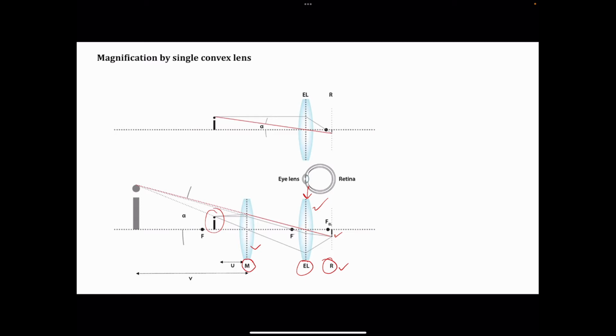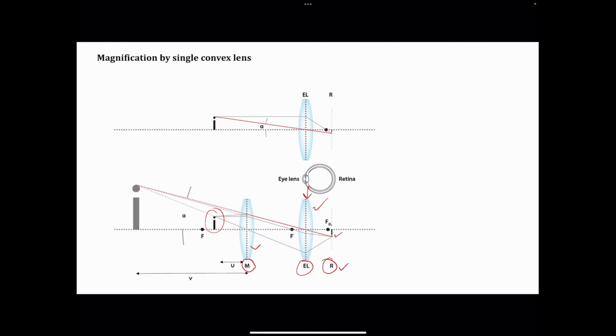However, that does not happen. The light cannot reach our eye lens, because it is always already captured by the other convex lens that you are placing before it. Okay, so if the virtual image acts as an object for your eye lens, what will happen? Since this is a virtual image, it's very far away from your eye lens, and the angle subtended by this huge virtual image, which becomes the object for your eye lens, will be large, leading to an overall magnification of your object